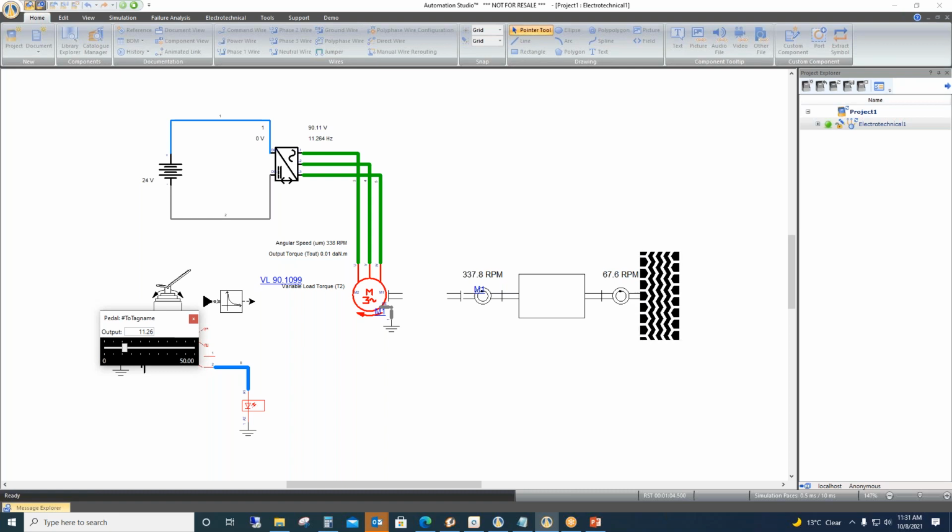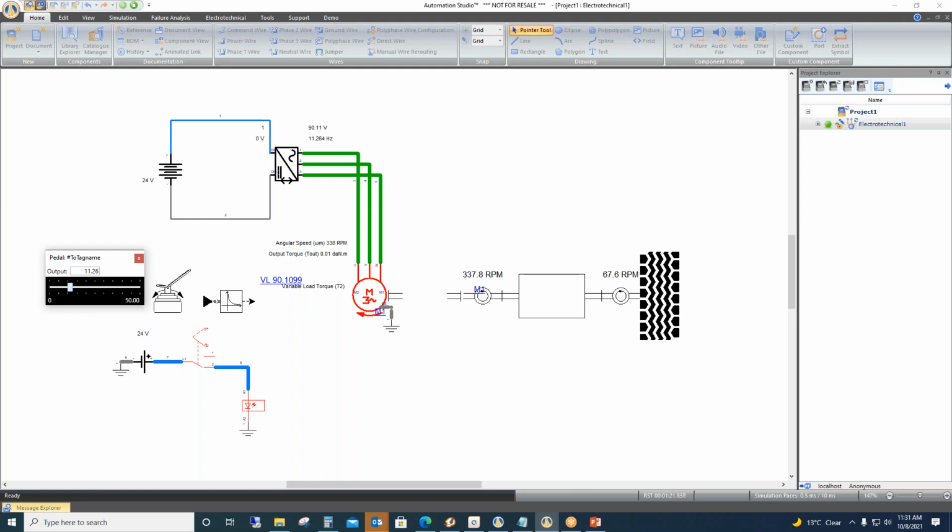Is it clear, sir? Can you just reduce the current to the accelerator pedal very slightly? Current to the accelerators? This is your accelerator. Yes, sir. So just reduce the switch.